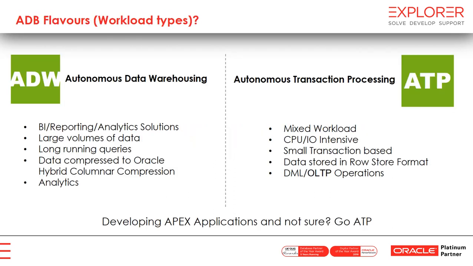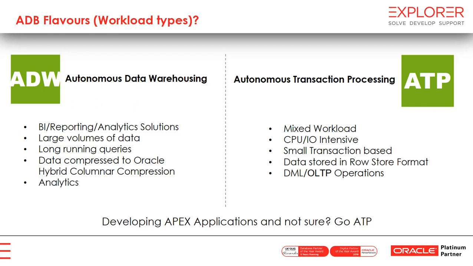As I mentioned, there are 2 different flavors or workload types for autonomous databases: ADW, Autonomous Data Warehousing, and ATP, Autonomous Transaction Processing. ADW is more for storing large volumes of data and using them in a more reporting, BI, analytics type solution where there may be long-running queries. The data is compressed using columnar compression. Now, I'm not a particular expert on that, but all the big data solutions use it, and it's proven for